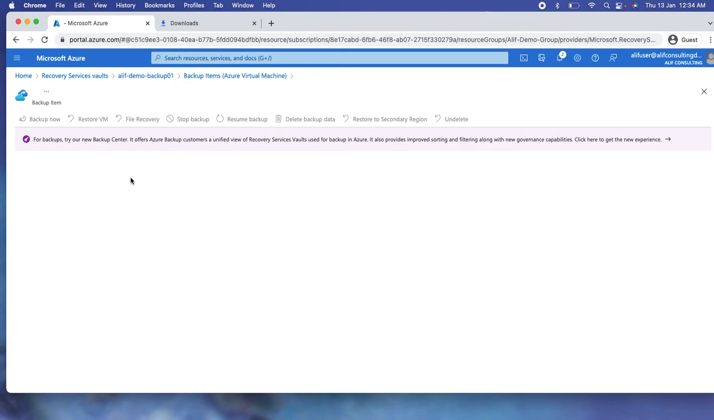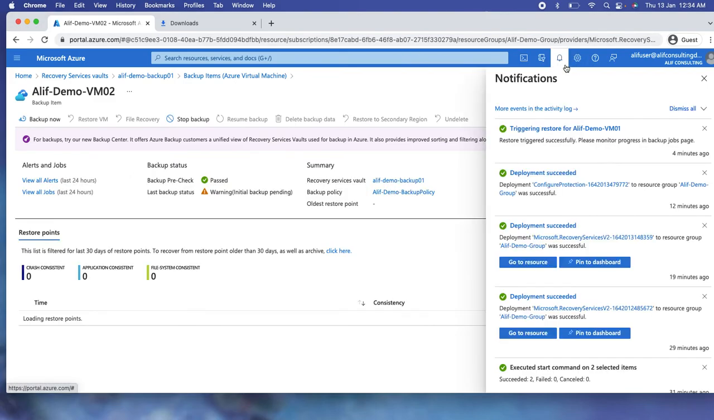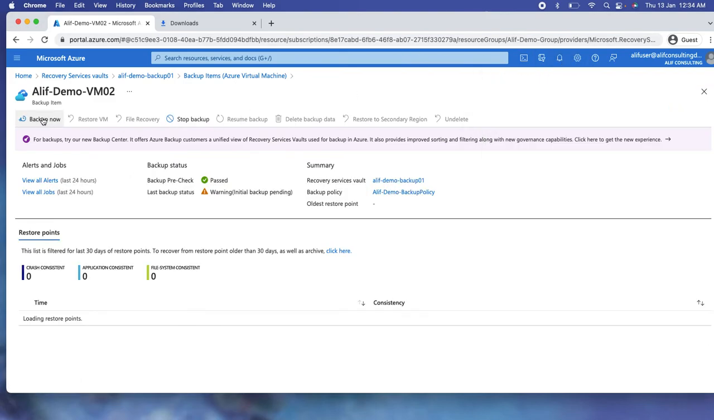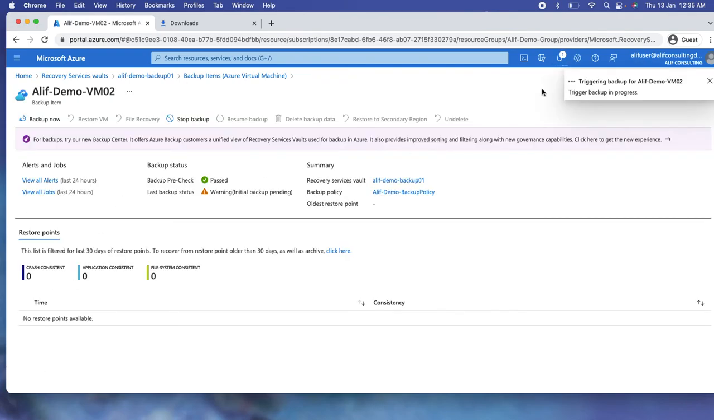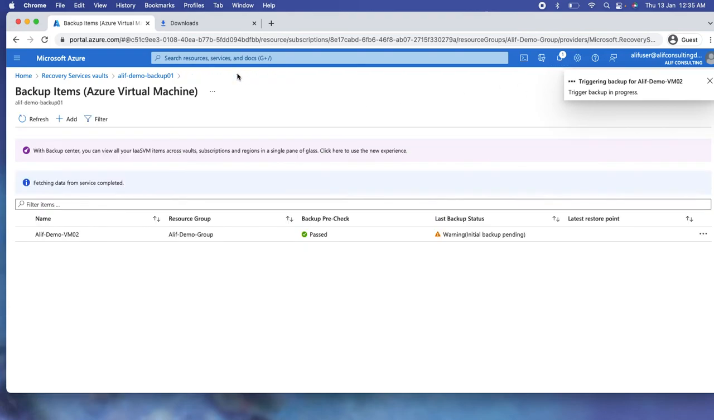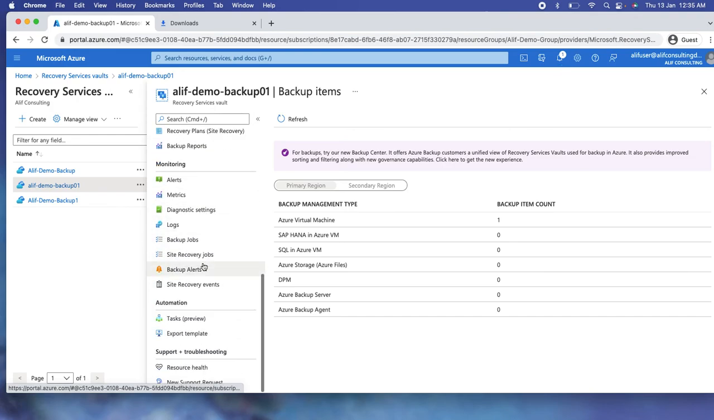It's just taking a little time. Yep, now if you see, I have the option to create the backup now. I can go ahead and create the backup, and that backup can be retained for longer. I can specify for how many days I want to retain it or till what date. So I'm selecting the default, clicking OK, and that's it. As soon as you trigger the backup now and submit it, in the backup jobs you would be able to see